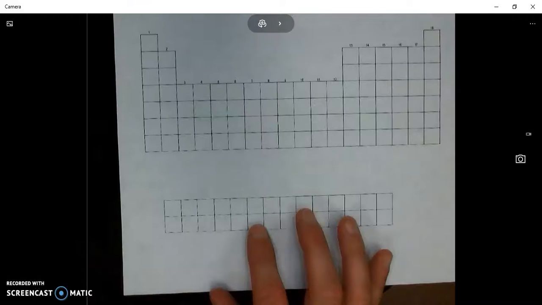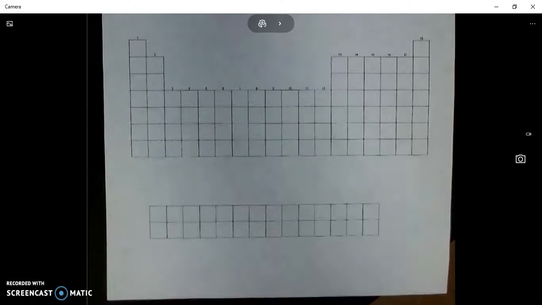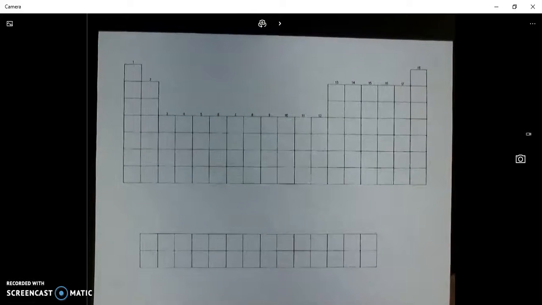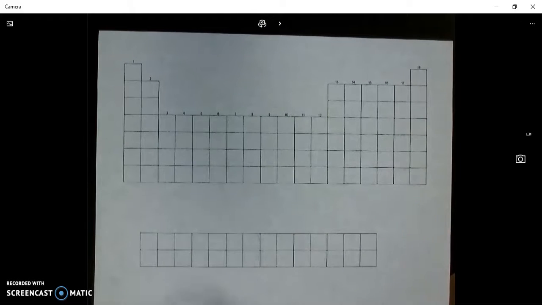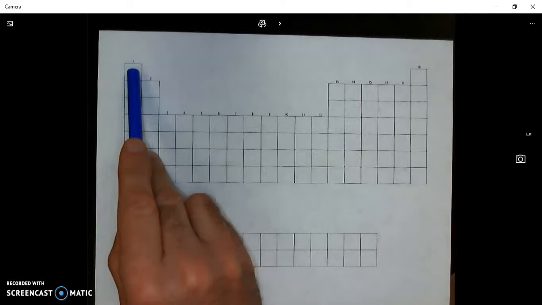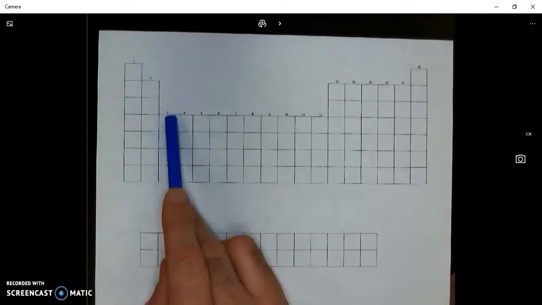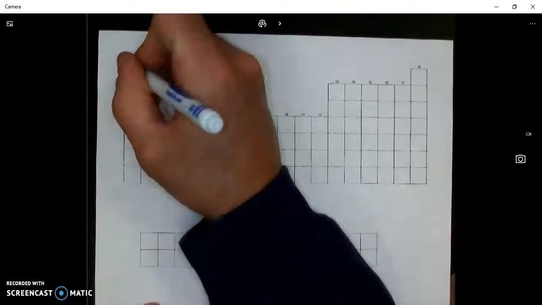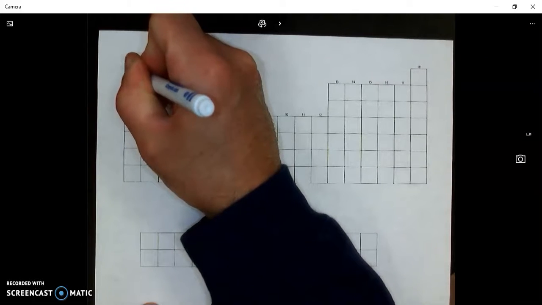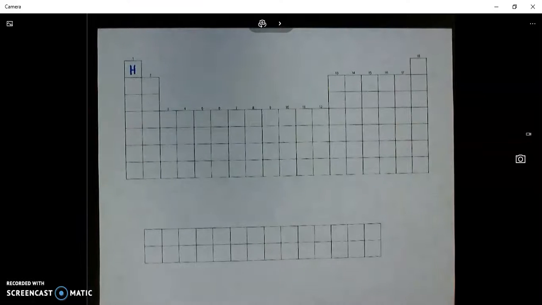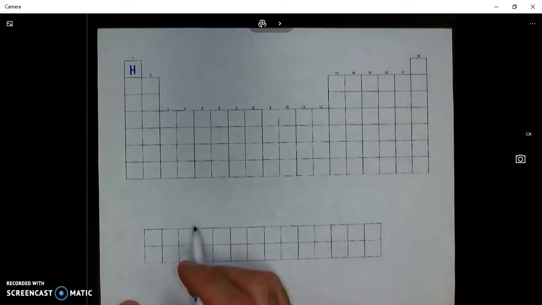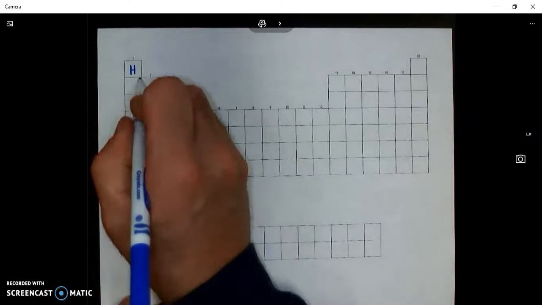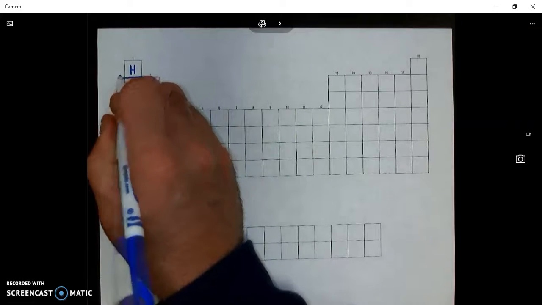So let's take a look at the actual periodic table. All right. So numbers for groups, starting left to right, group 1, 2, 3 through 12, 13 through 18. I'm going to label hydrogen up here because that is an element that is going to stand alone. We'll explain why it's there when we get into the electron configurations piece later on. But for right now, that is not included in the group 1